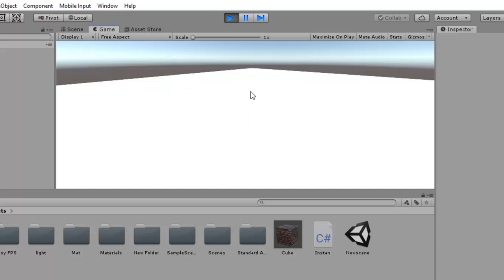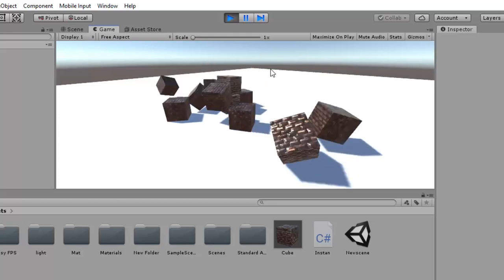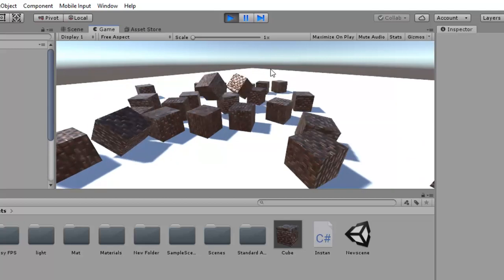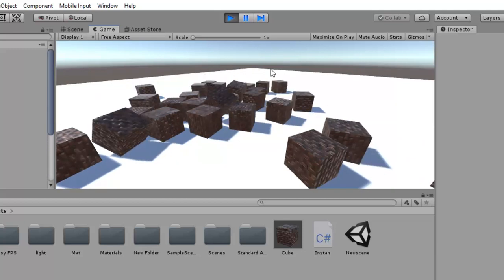Now if I press the space button, you can see that our empty game object is placed here. So the cube is generated at the same place, but due to the rigid body it is falling down. Whenever I press the space button, one instance of the cube will be generated.